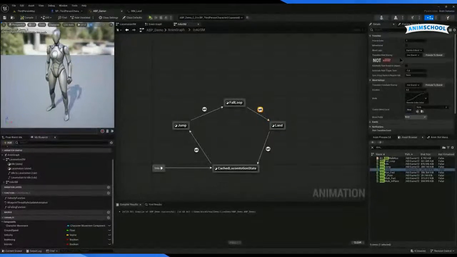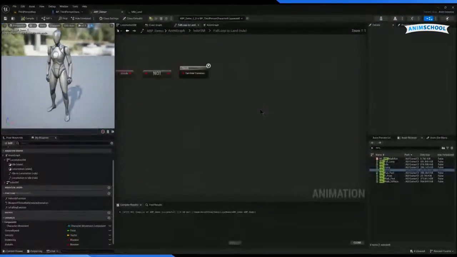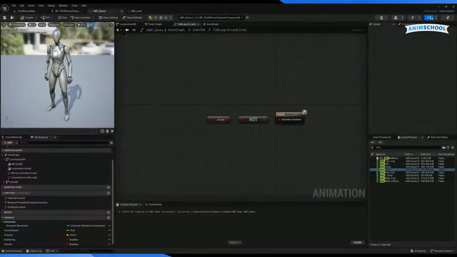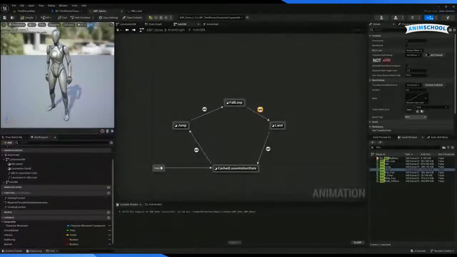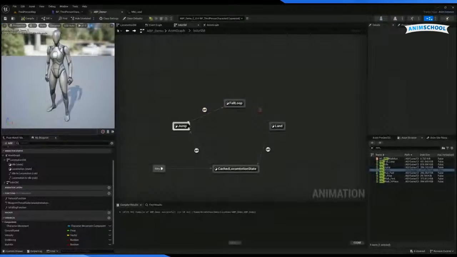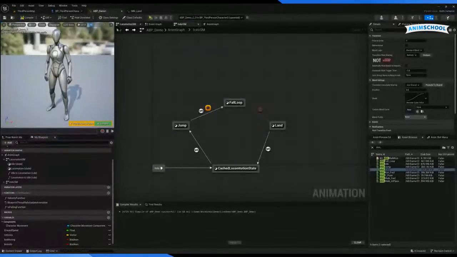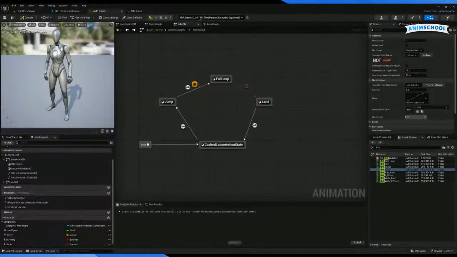So I'm going to go to this transition, this not in air. I'm going to promote this to shared. I'll just call it not in air. And so I can just add another transition rule here. You can add more than one. And in here, I'm just going to use my shared not in air. And I also know that,